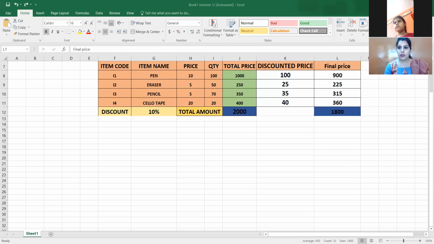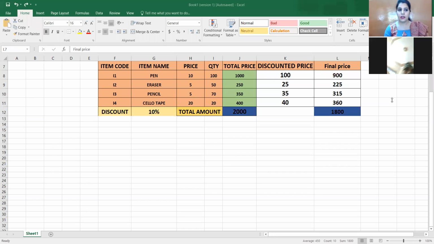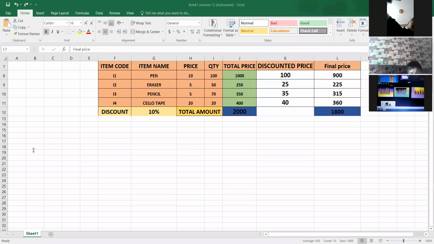So I'm going to open the Excel worksheet that we did in the chapter 2. हमने chapter 2 में ये worksheet करी थी. You remember that? Remember or not? Yes? So in this worksheet, बच्चे, we studied where I have made one shopping bill, and then we use formulas and functions to find out the total price, and then we applied certain discount.